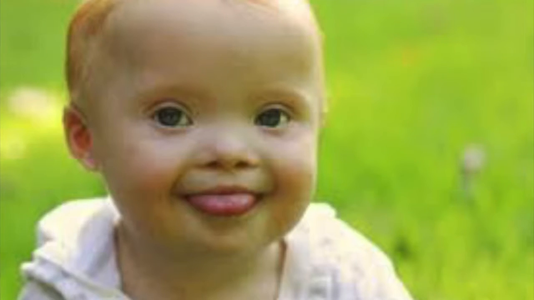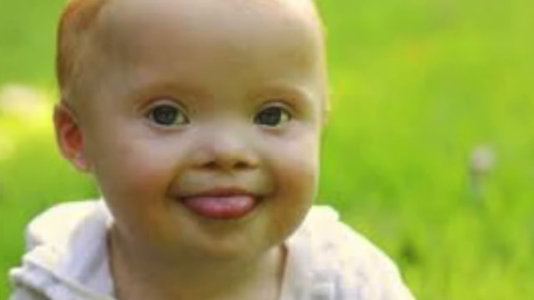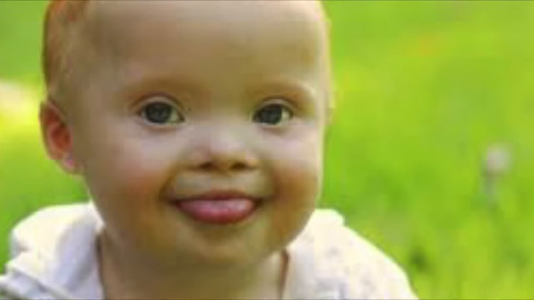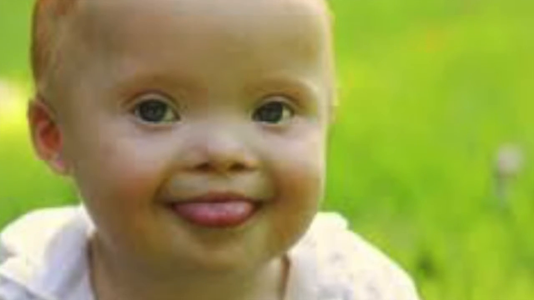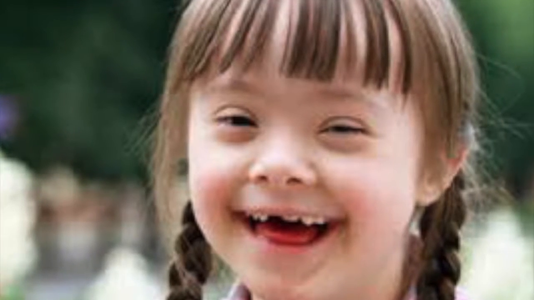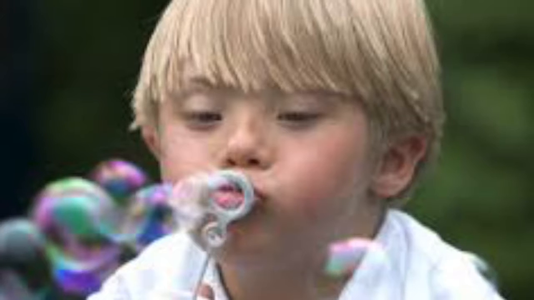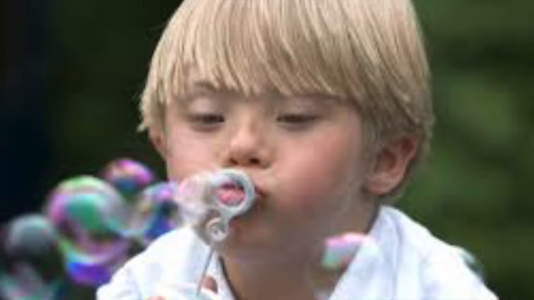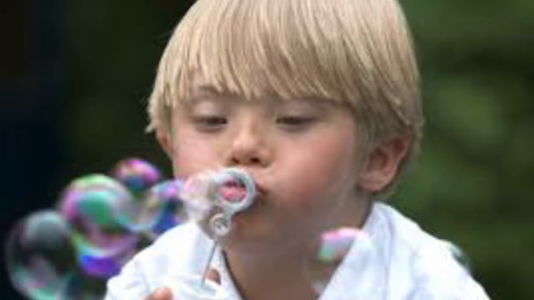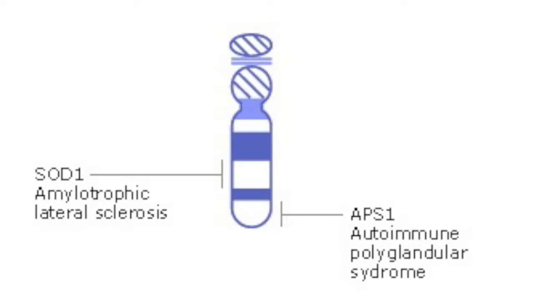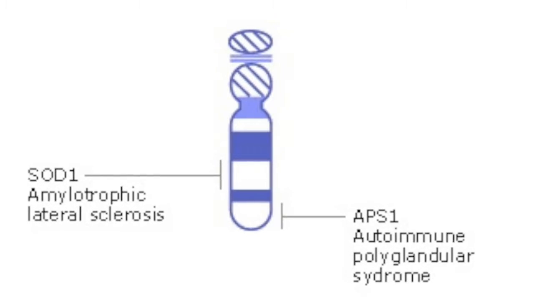95% of the time it is random when the sperm or egg is in the reproduction process. Currently, some parents have a higher risk depending on the age. This is because Down syndrome is more common and the chance of it occurring increases when the parents get over the age of 35. Some physical features of Down syndrome would consist of low muscle tone, babies appear floppy, flat